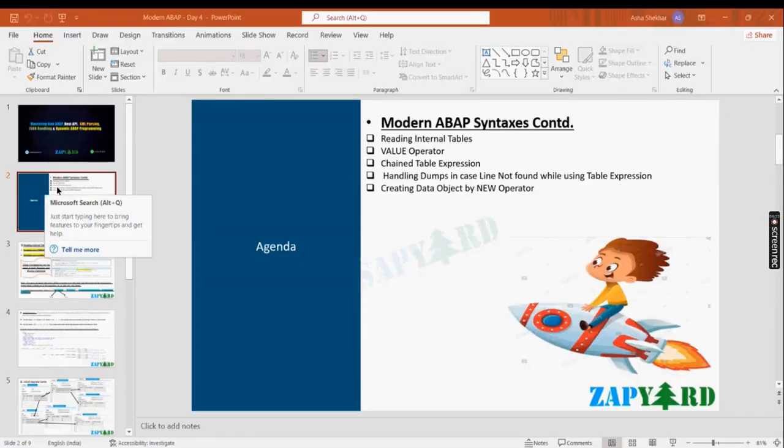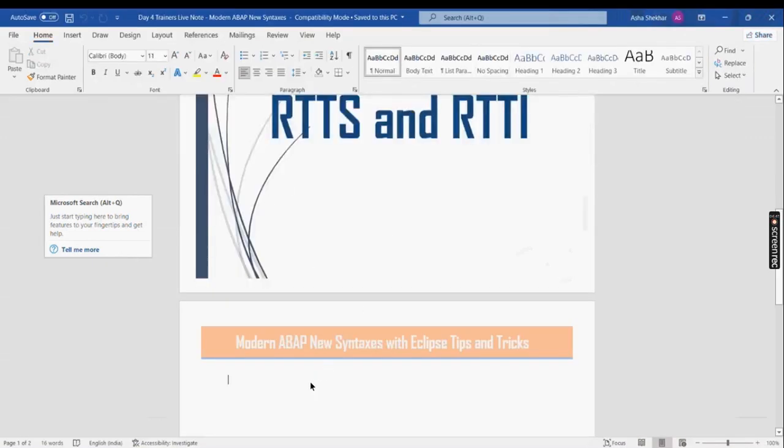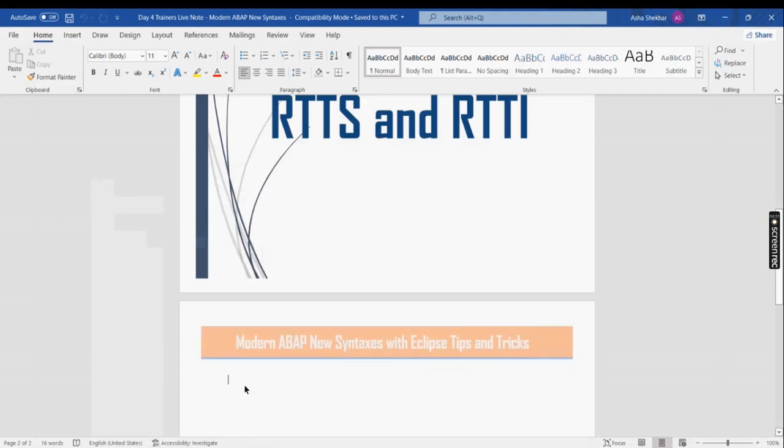Okay. Now let's start on that note. So when I talk about reading the internal tables, the quick thing that comes up is table expressions. Basically, with ABAP 7.40 and onwards, your table expressions, that is when you write itab and the braces,